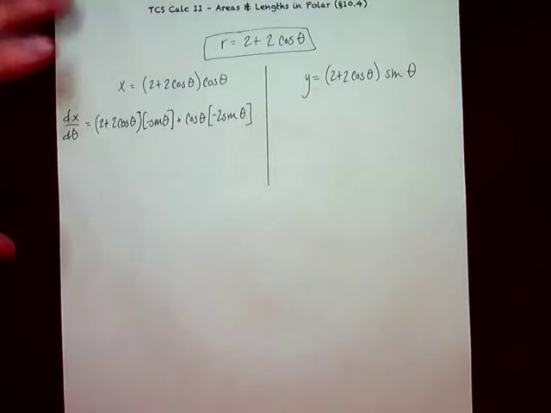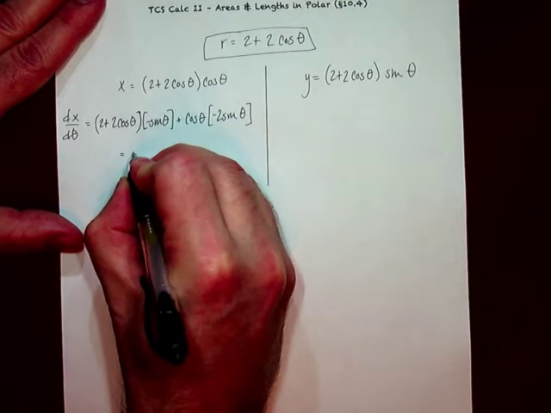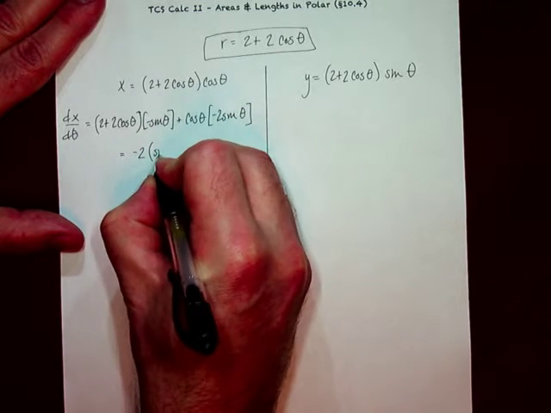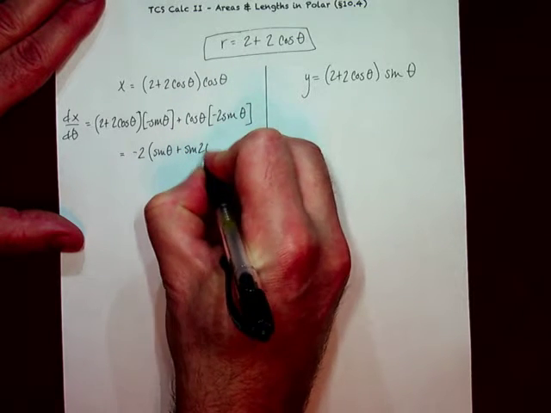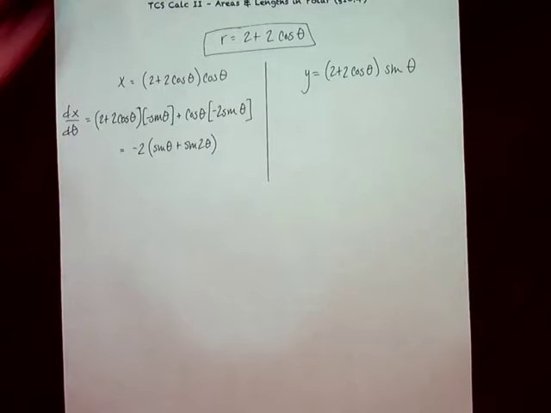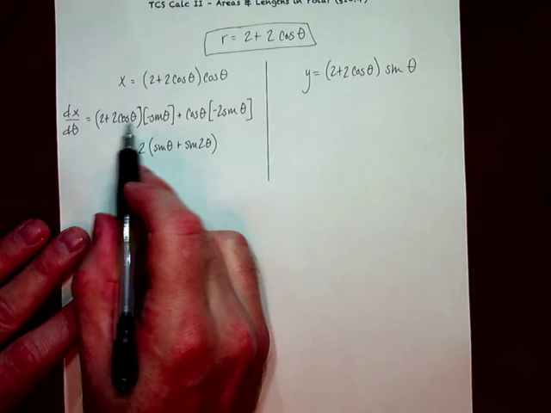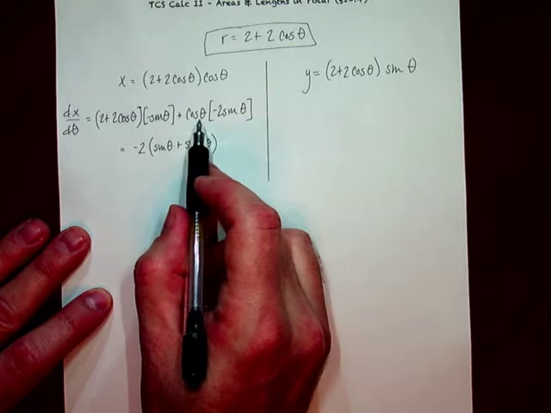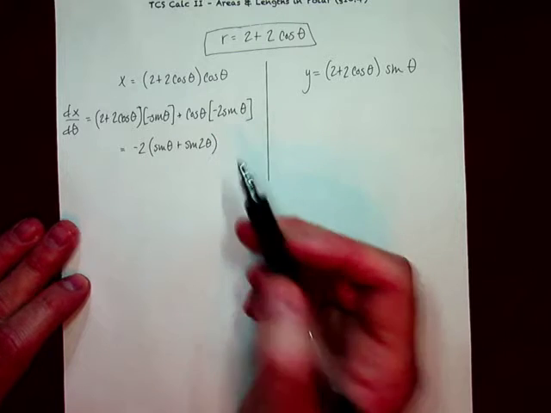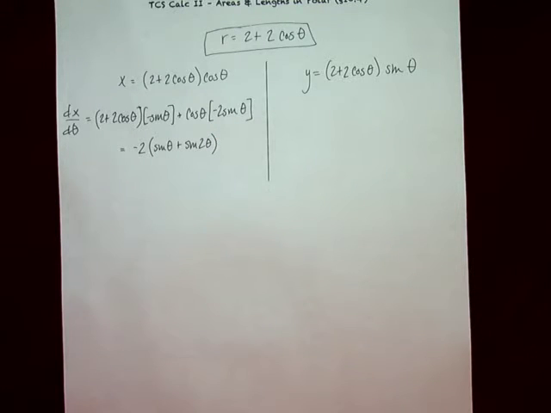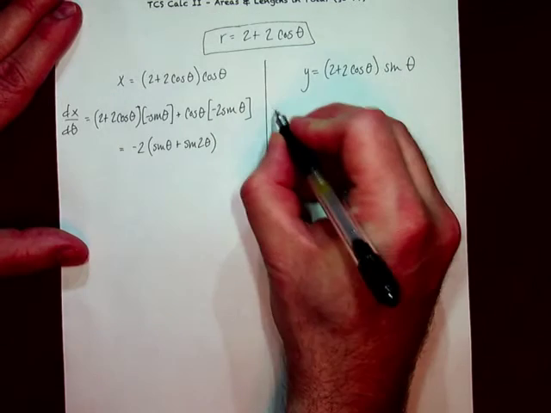And if you clean it up and use trig, basically what happens is it winds up being -2 sine theta plus sine 2 theta. Okay? Because when you distribute this sine across here, you're going to get -2 sine theta cosine theta, and over here you're going to get -2 sine theta cosine theta, and of course that's going to be 4 sine theta cosine theta, or 2 sine 2 theta. Something similar is going to happen over here,